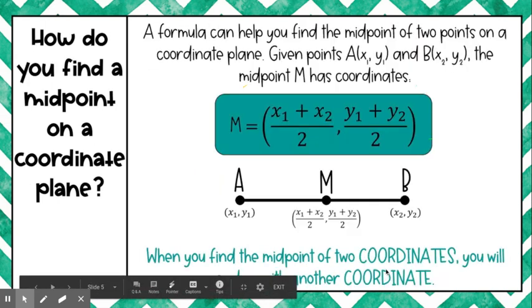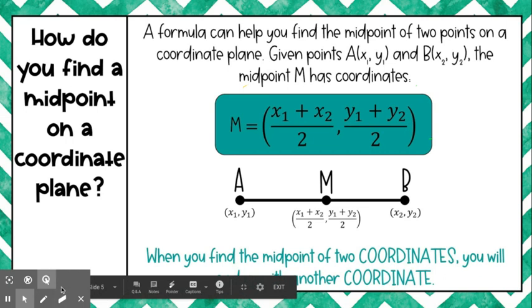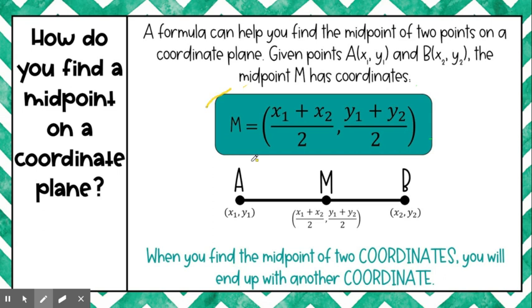So now what are we going to do with this? Now that we know it's the same on a coordinate plane, we are going to be able to find the midpoint of 2 points on a coordinate plane by using a formula and subbing in the points that are given to us into the formula. So this is really important, huge, big. Should we draw stars around it? I'm not sure. This midpoint formula right here in this teal box,